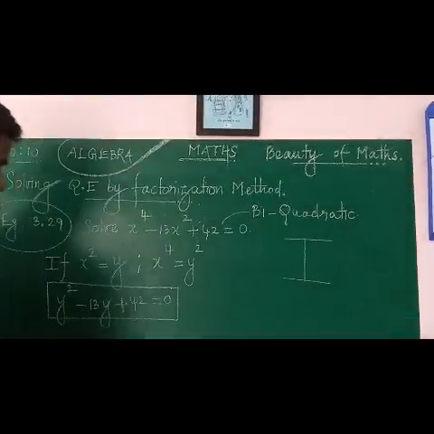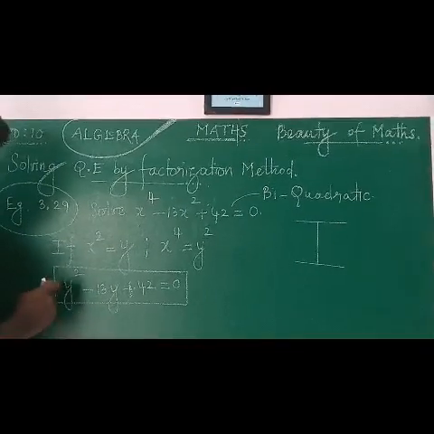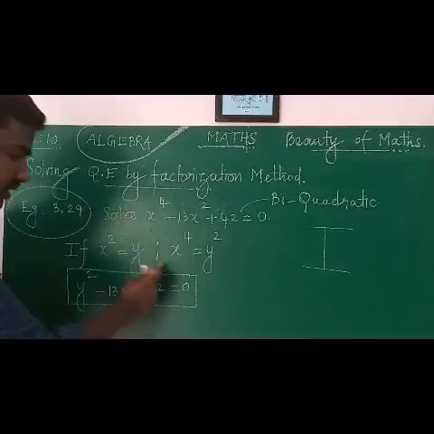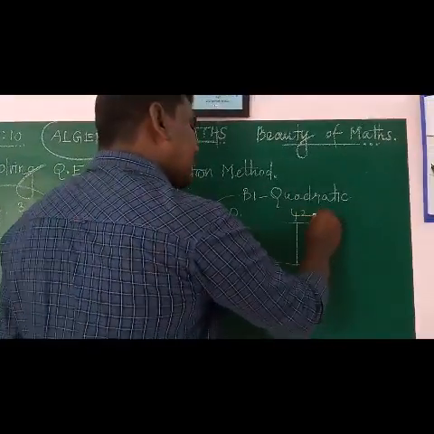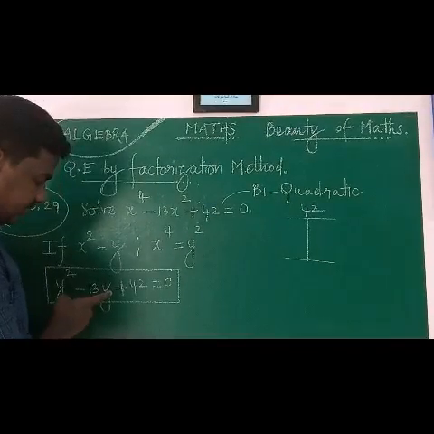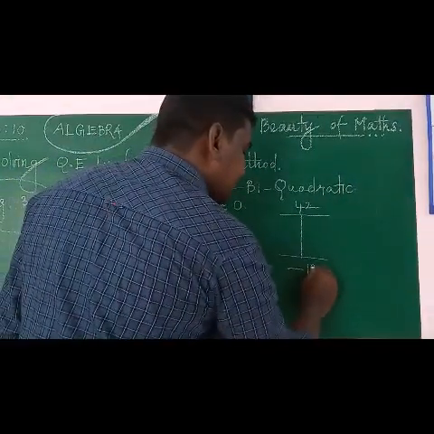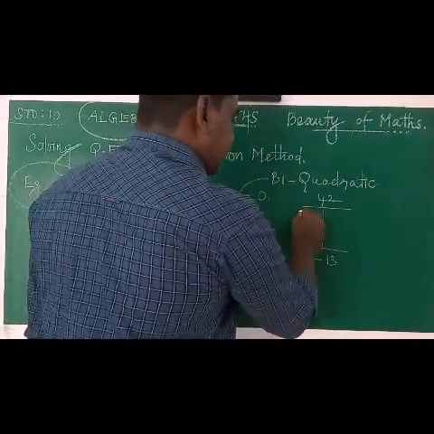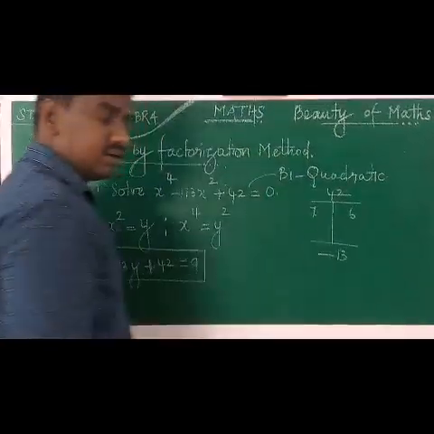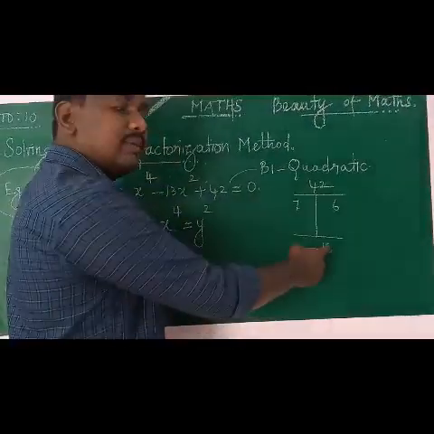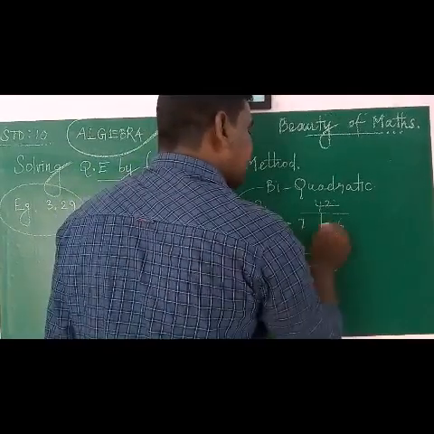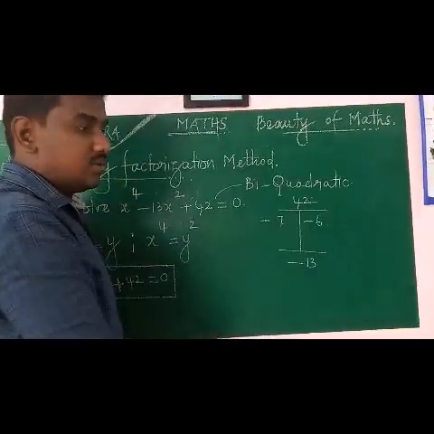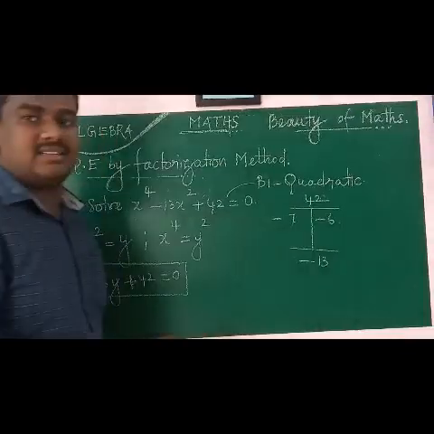Before going to do this, we should verify whether it is in the standard form, a x square plus b y plus c equal to 0. Yes. This constant term is product of any two numbers. And the coefficient of y, that is minus 13, is sum of the same two numbers. Very easy. If you know 7th table, 7 and 6. 7 into 6 is equal to 42. 7 plus 6 is equal to 13, but minus 13 will not exist. So better we assign minus for both numbers. Minus 7 into minus 6 is equal to plus 42. Minus 7 minus 6 is equal to minus 13.